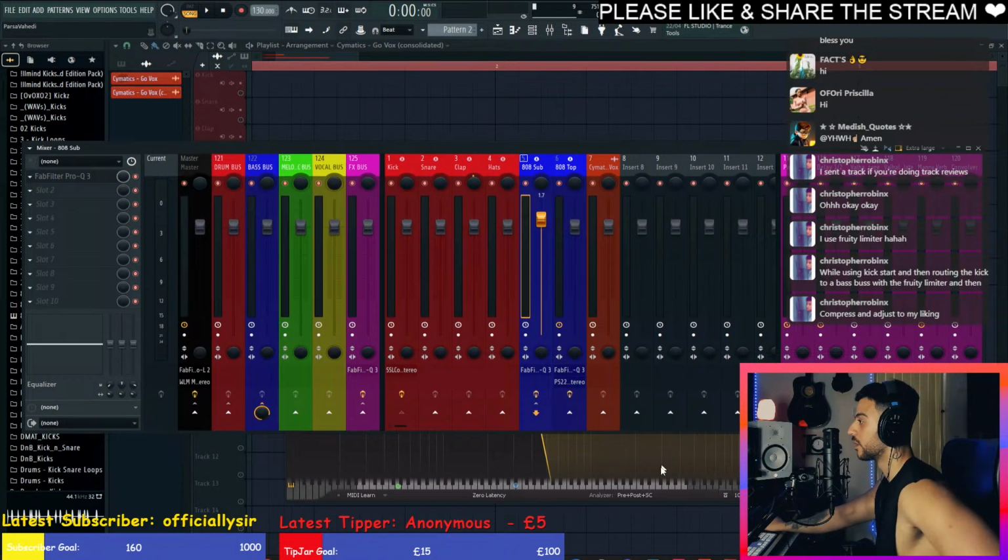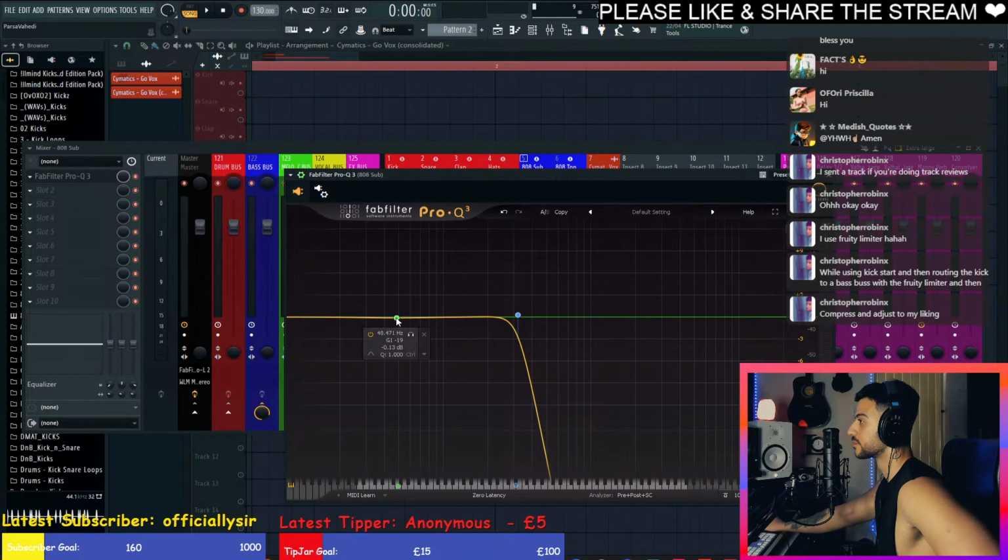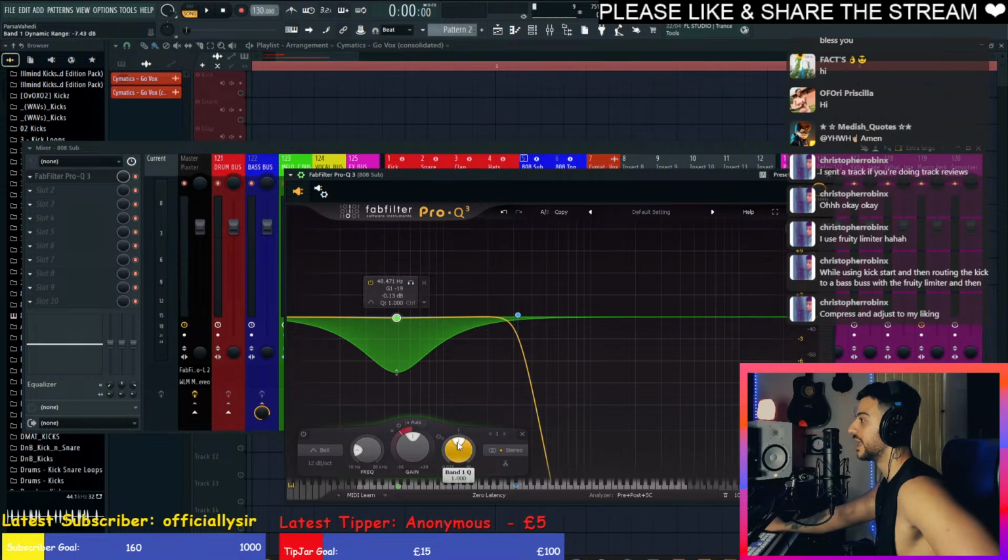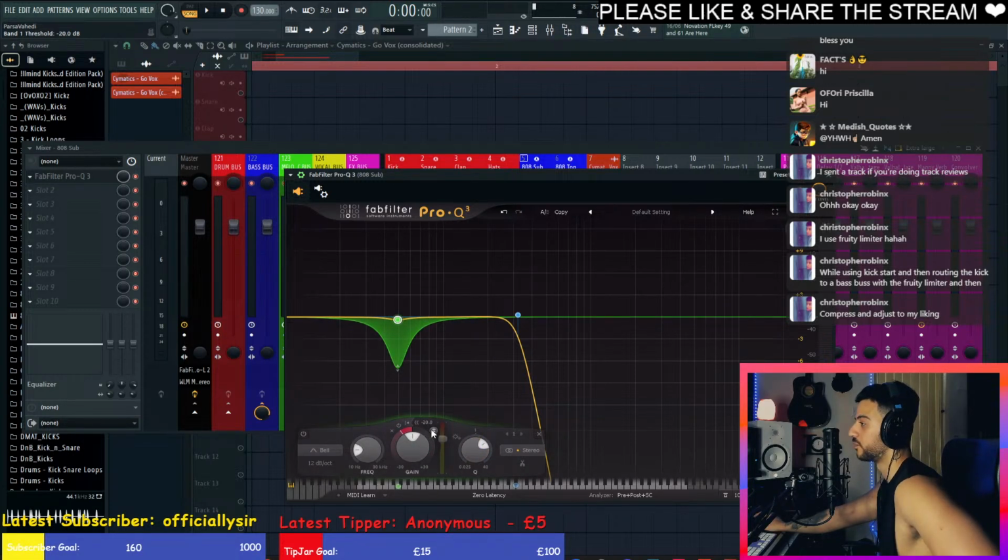Kind of like you're reducing the frequency for the low end, right? On the bass. Yeah, so I find the prominent frequency of the kick, which is usually around 50 hertz to 60 hertz. And then I do a dynamic band. So right click, make dynamic, and then I put the threshold down, and then you also need to go to auto for Pro Q3 and